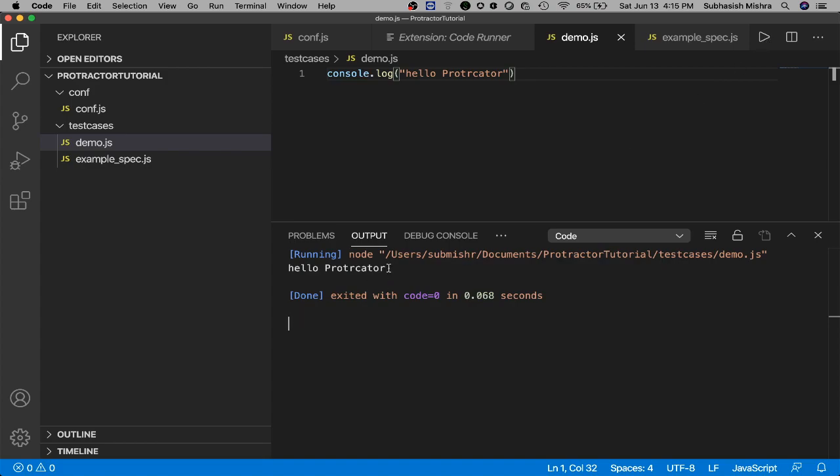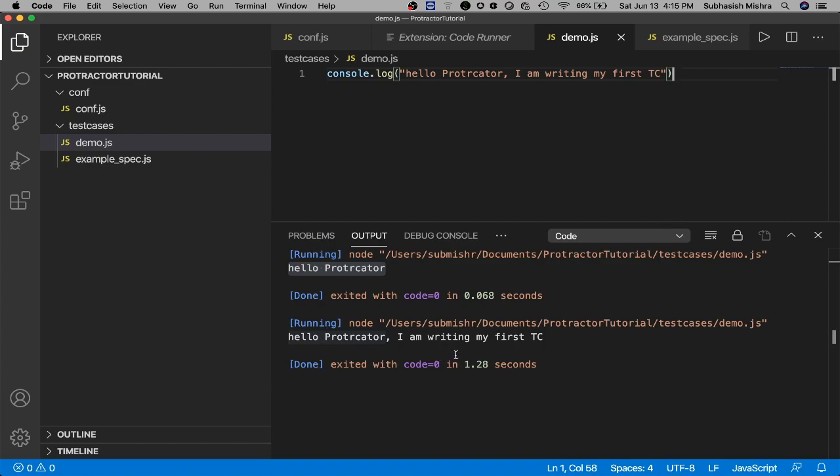Now you can see it is getting executed and it is giving whatever we are trying to print. Hello protractor, I am writing my first test case. Before proceeding further, you can always save it. Click on it.